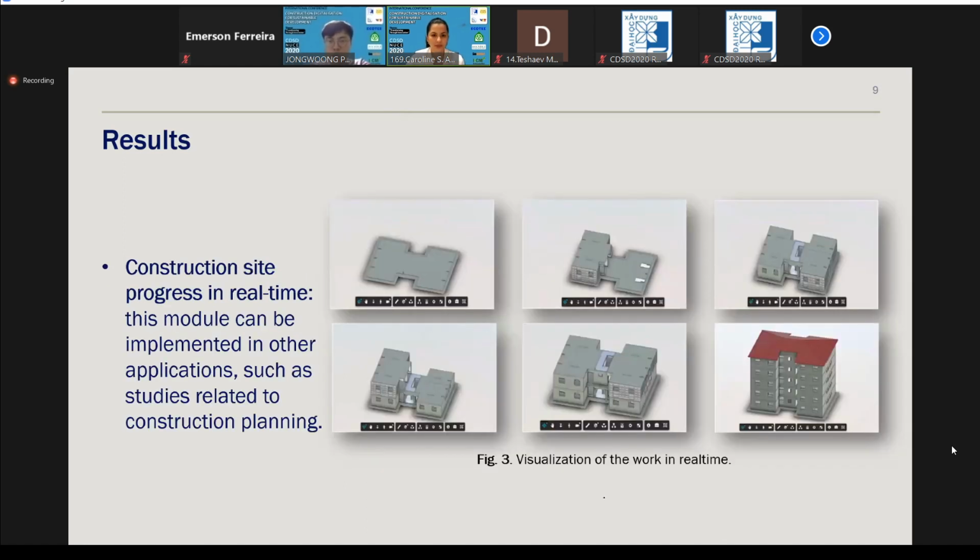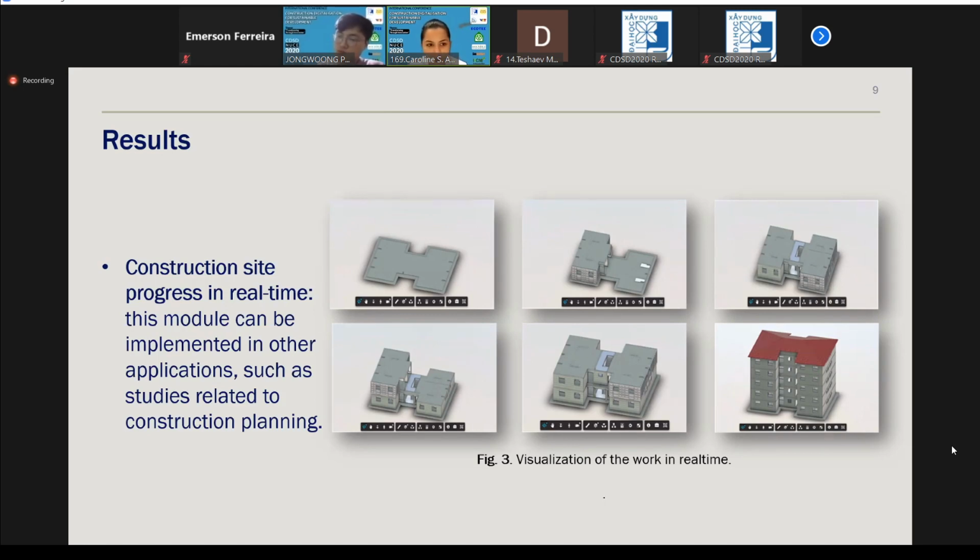So this is the first model that we developed. The first tool is the progress of the work in real time. This application needs to show floor finishes and other construction according to what happened in the real environment.